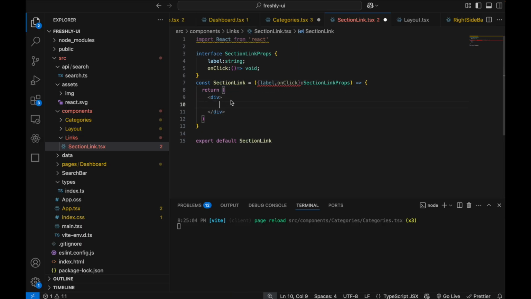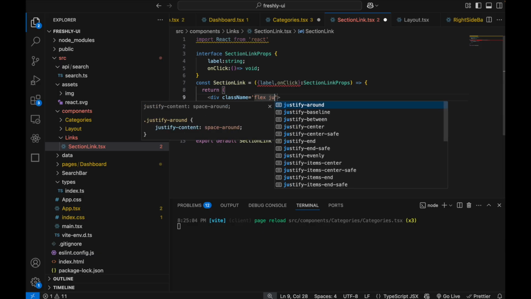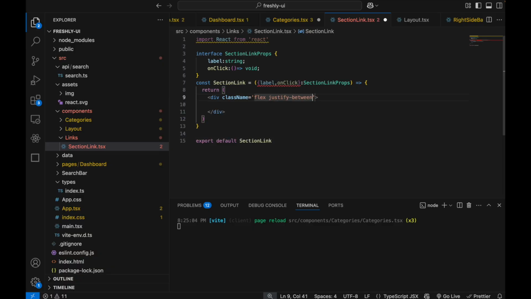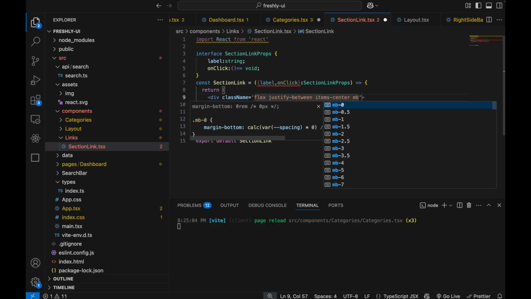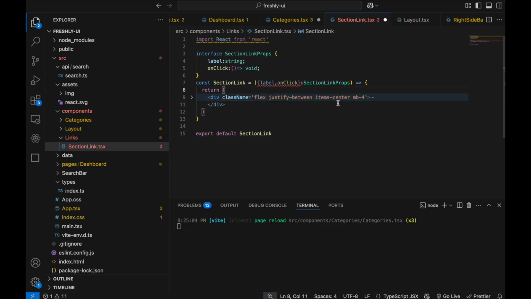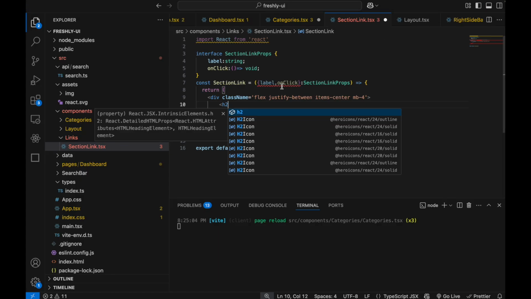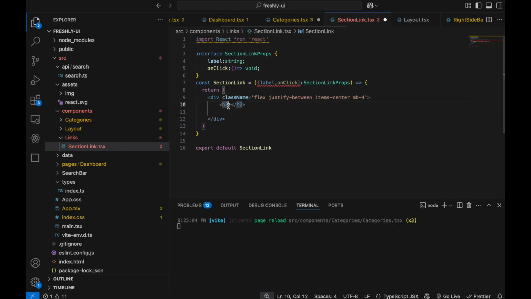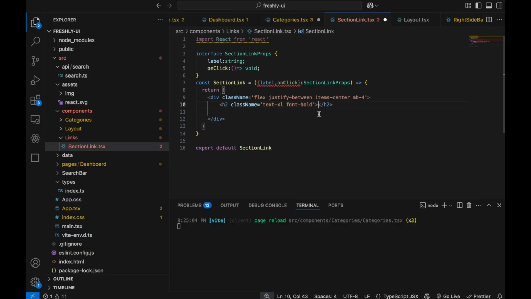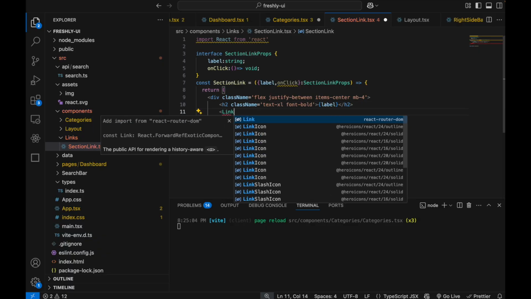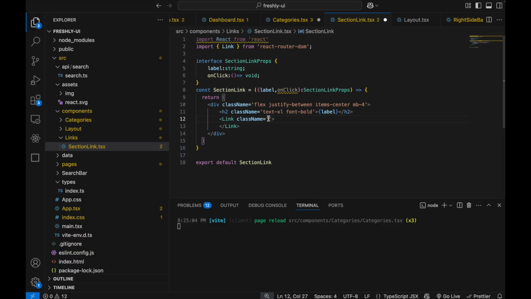So for that, here we will create the class name. This would be flex, right, because we need to display it in a flex row, and justify content space between items would be in center, align items would be in the center, margin bottom, okay. And here let's have that heading h2, class name text on board, and here we'll display the label, and here we'll have link class name. So here we'll basically style this link view all,